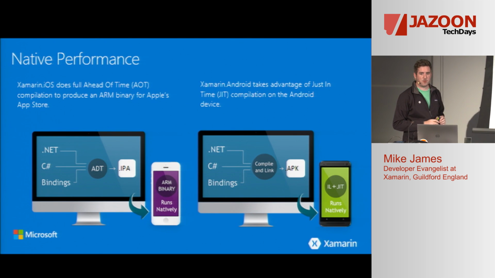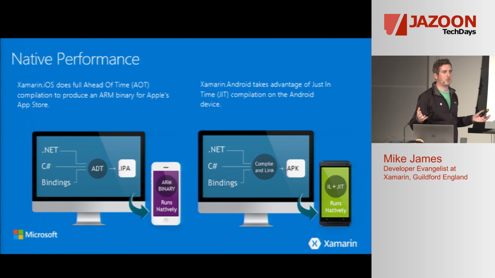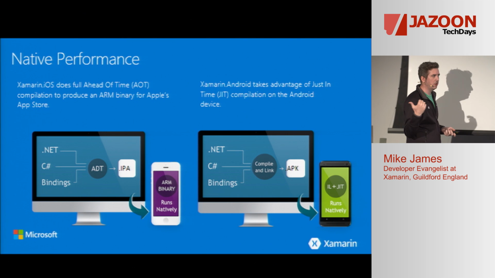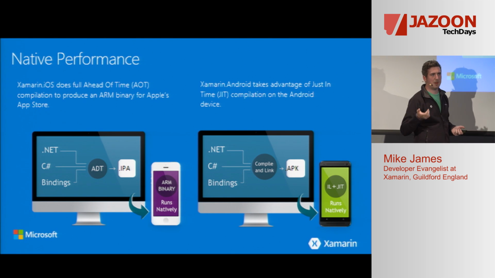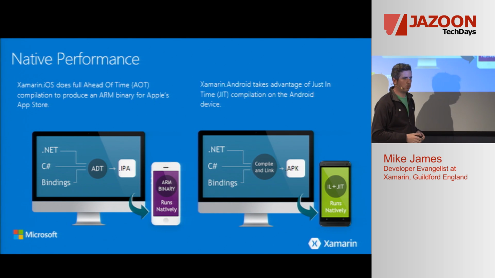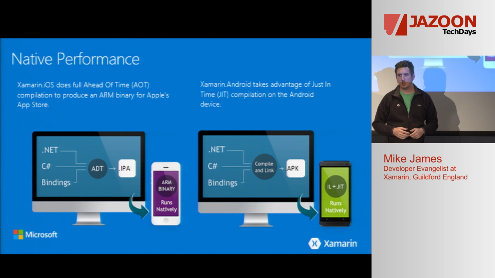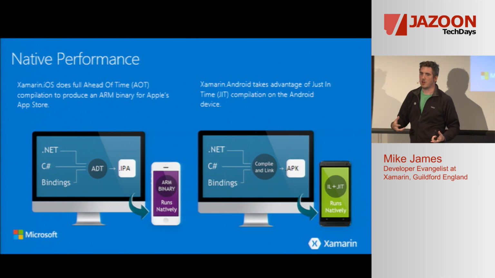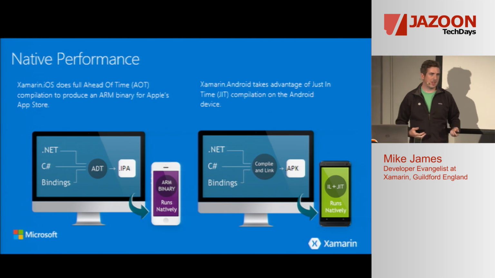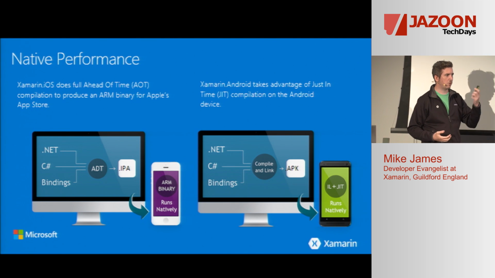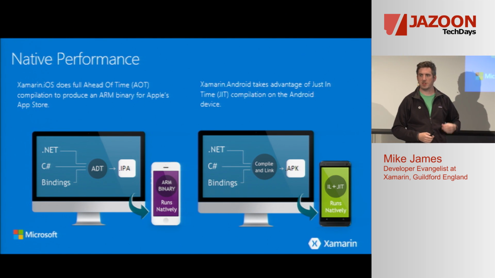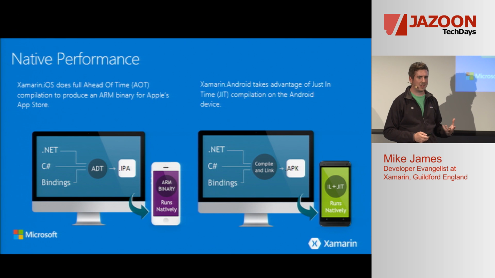I want to talk a bit about performance because performance is really important with mobile. For desktop, performance doesn't really matter. You turn the computer on, you open up an app, and you can go to the water cooler, get some water or coffee, and you're just killing time. Mobile devices, you tend to just pull out of your pocket when you're waiting in Starbucks for the barista to make you a cup of coffee, and you want it to be speedy. You don't want to be waiting around for ages.